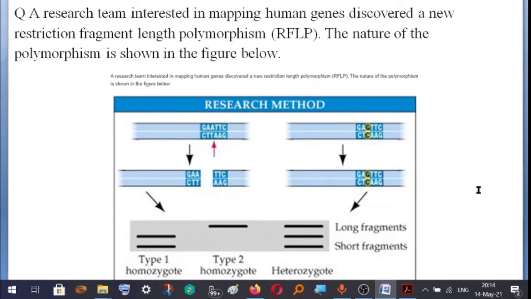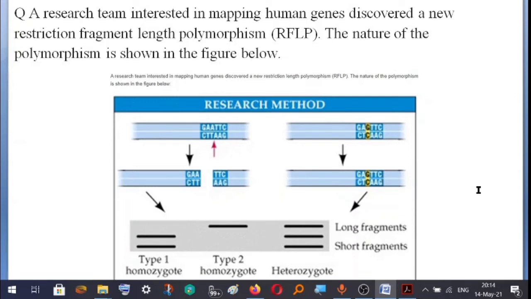We know that 99.9% of the genes are similar between two individuals, and the only difference between the genomes of two individuals is 0.1%, and this 0.1% is accounted for by the SNPs we are talking about here. That means the individual differences are caused by these SNPs. So now let's go back to the question.